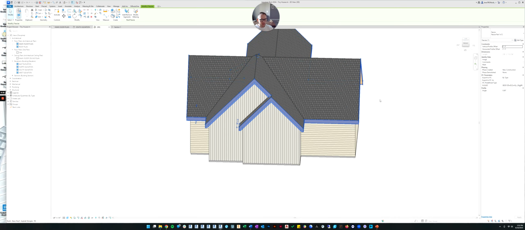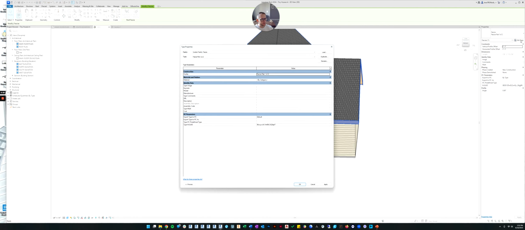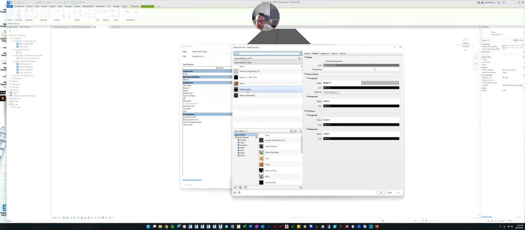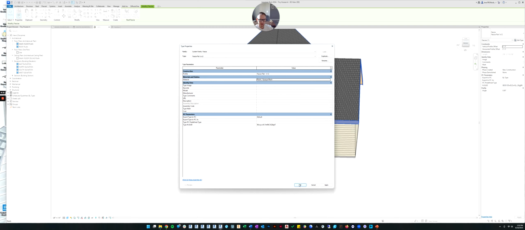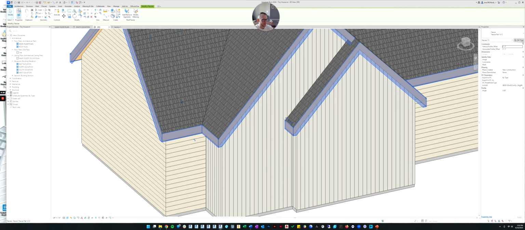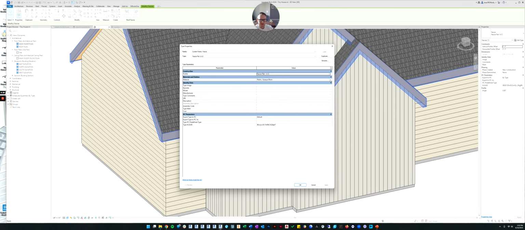Then if you click on the fascia again and edit its type, you can come in here and see how there's a material option. You can click in there and you get this little square, click the square, and now we can pick something. Maybe let's just type in black and see what options we have. Plastic's not the best idea, but it'll at least work. We'll use black plastic. Click OK and OK. Oh, it's transparent. So maybe that's the wrong material. Let's click that again.